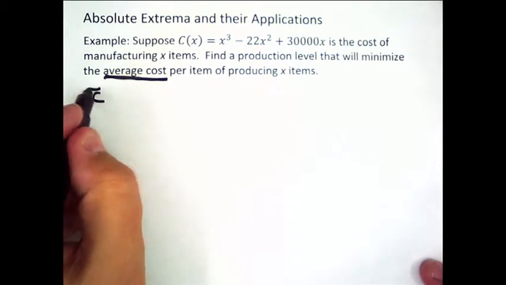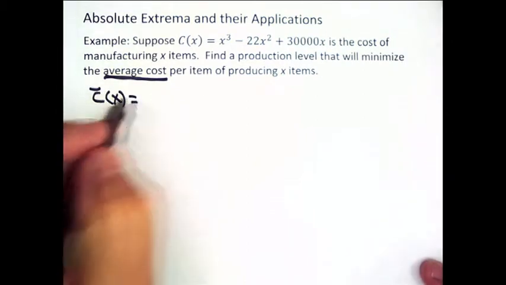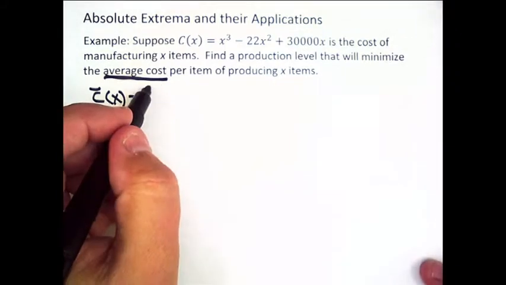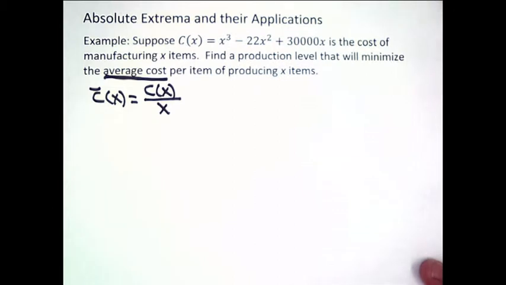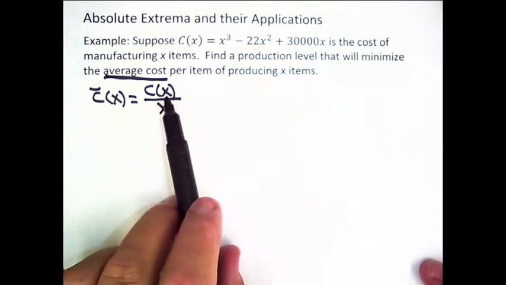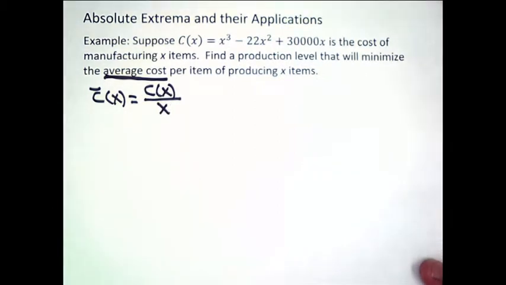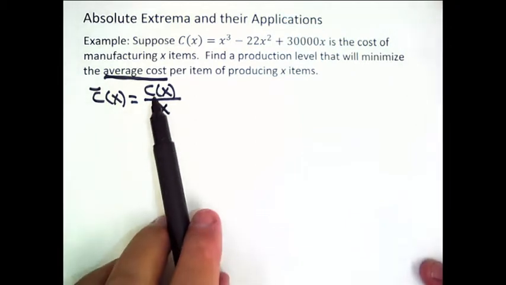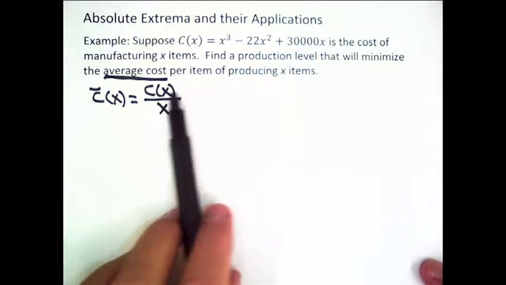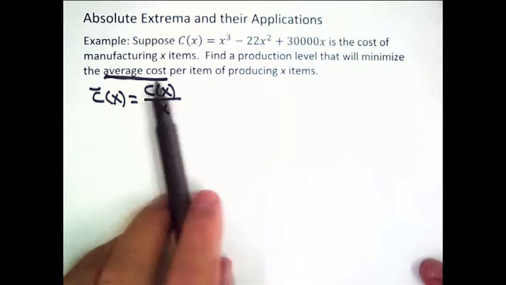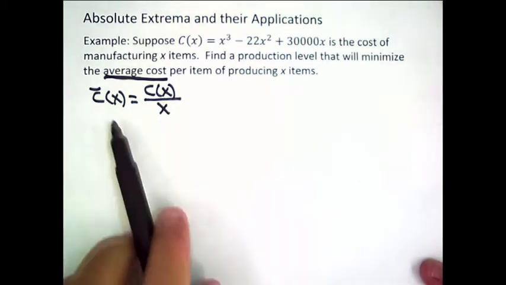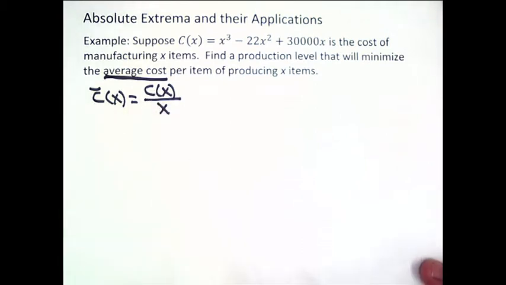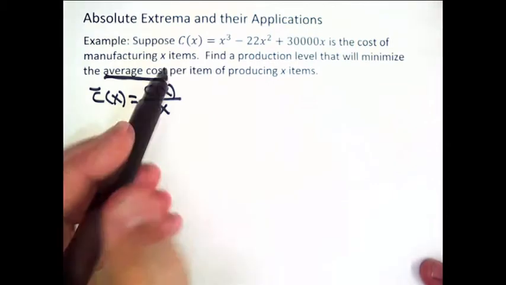We use C bar of x to stand for average cost, and the average cost is the total cost divided by x. In other words, the total cost of producing x units divided by the number of units. And it's just like averaging anything else. If you had a bunch of test grades and you wanted to find your average, you total them and then divide by how many tests there were. So same idea, the average cost is the total cost divided by how many units. Of course here,